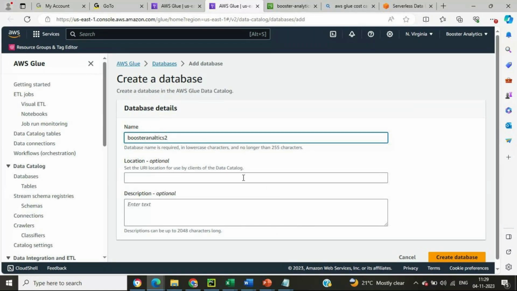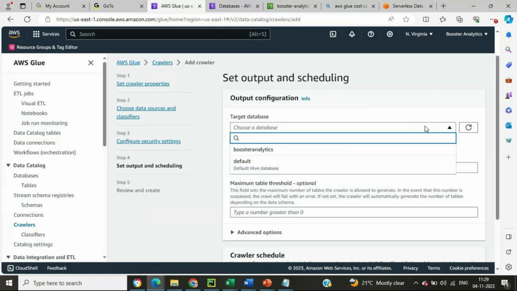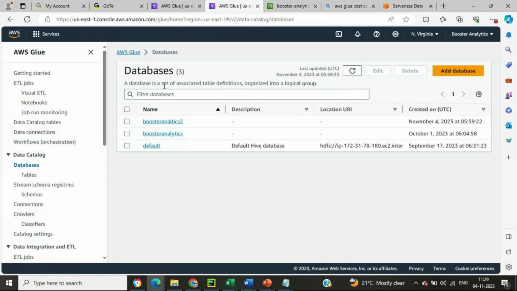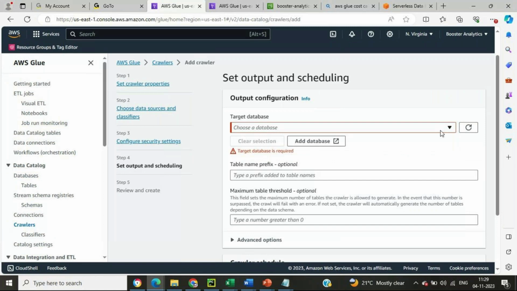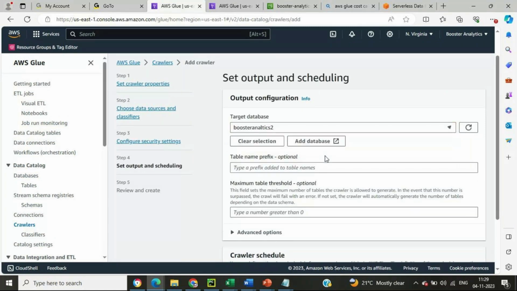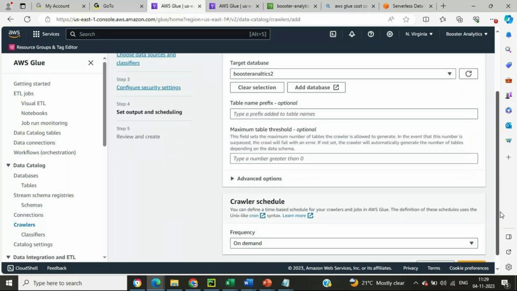You just create it, and that has been created. Now you give this particular database name, and the table prefix is optional. Next,